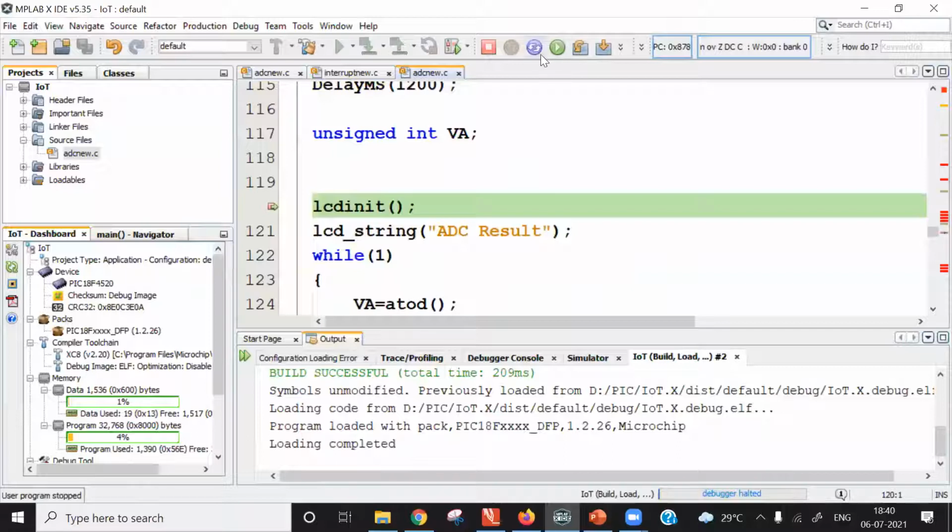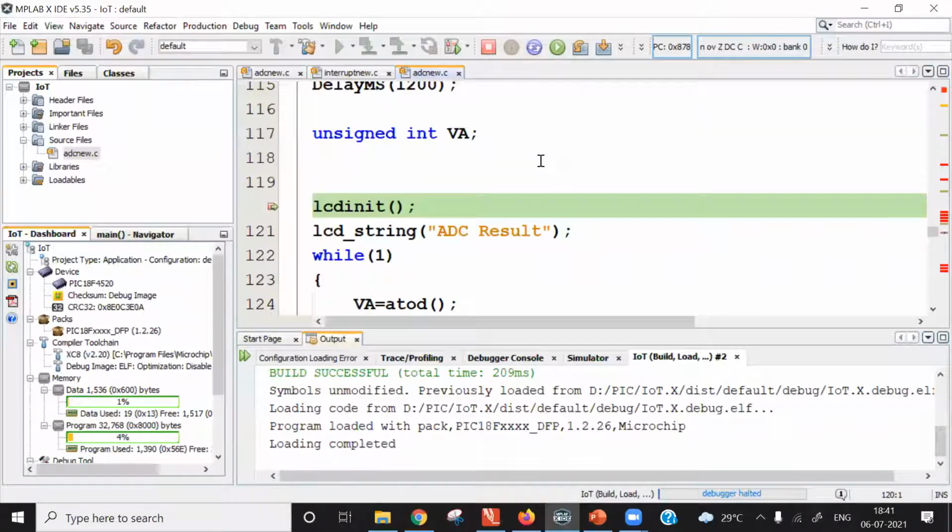Now I will show you one more thing. It is possible to give stimulus on the analog channel in the simulator. You cannot connect external peripheral devices. However, you can simulate some voltage conditions on a microcontroller port pin. You can apply logic 0, you can apply logic 1, you can apply analog voltage. So this is possible here.